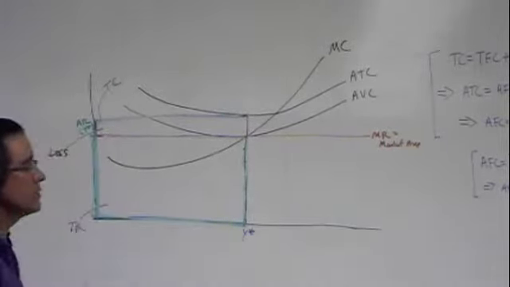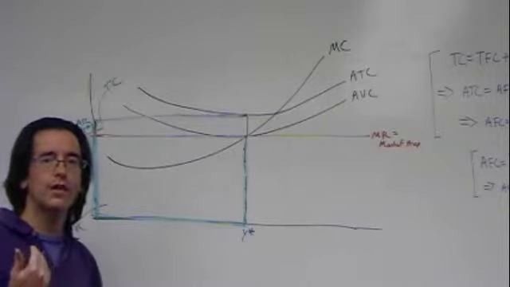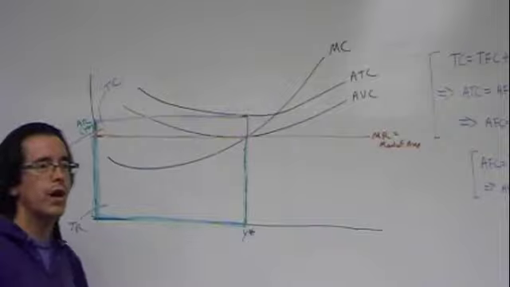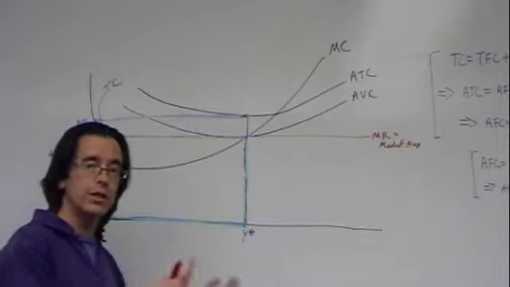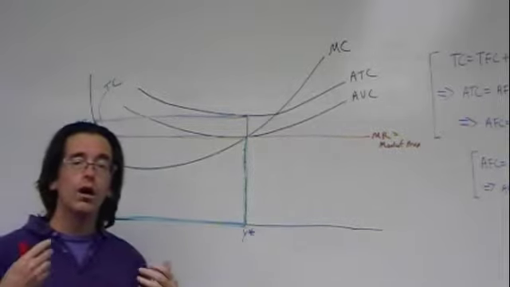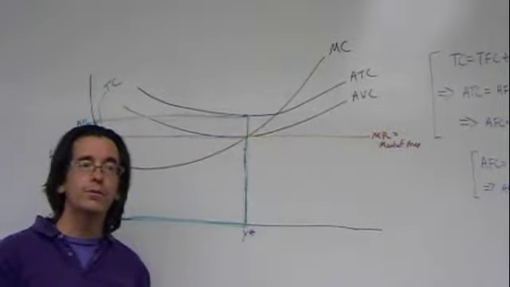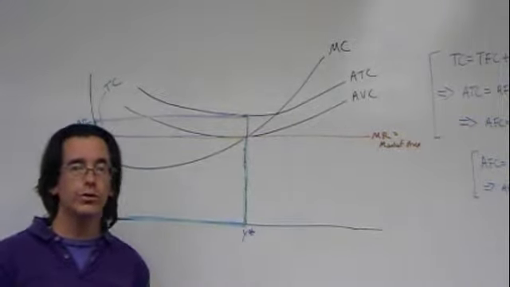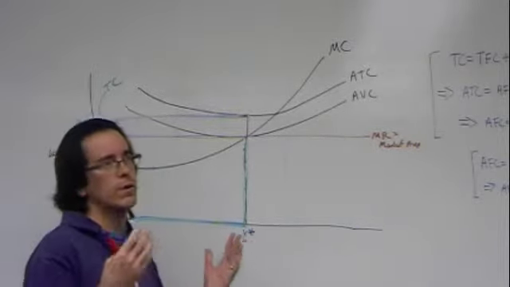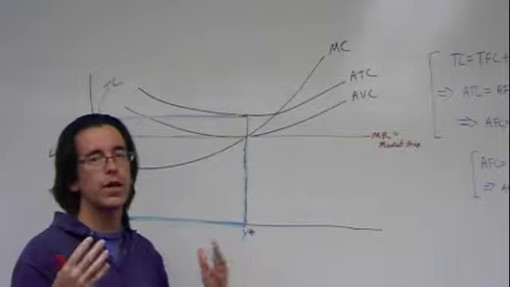Now the question is, how is this relevant to the idea of a shutdown? How do we ascertain whether we are better off producing and losing money, and that's what this represents, or do we lose, how much money do we lose by not producing? So again, we have the task of trying to figure out,